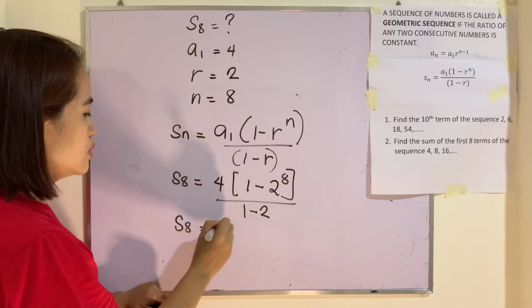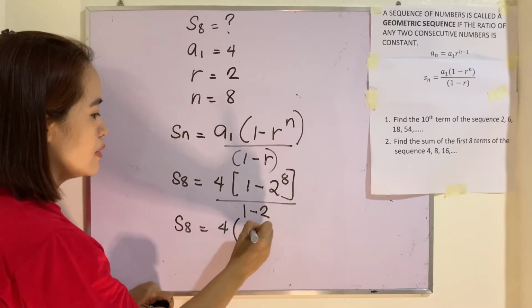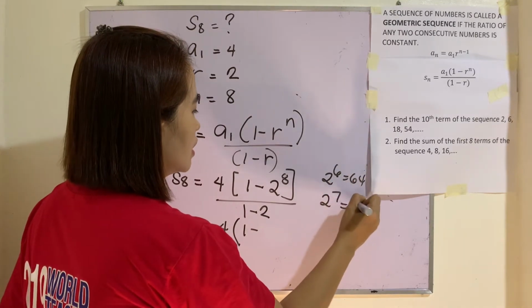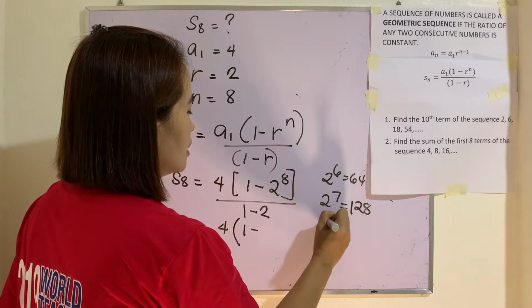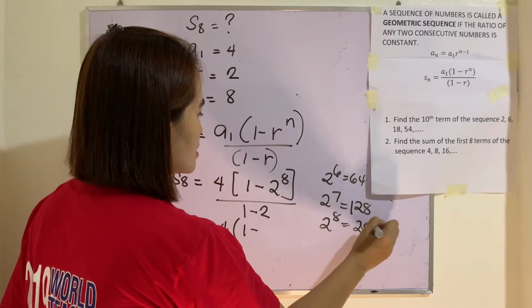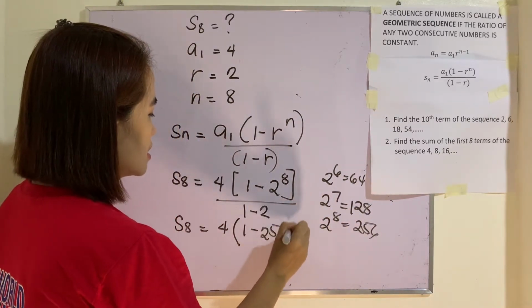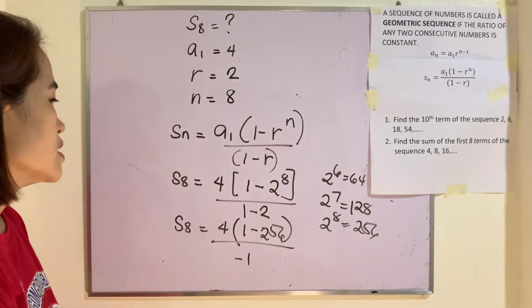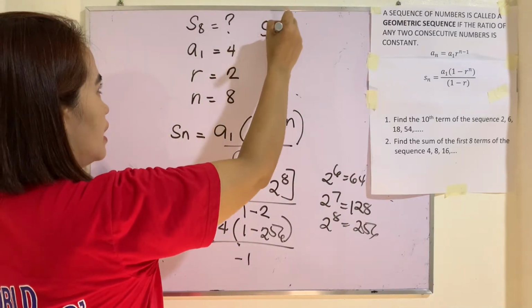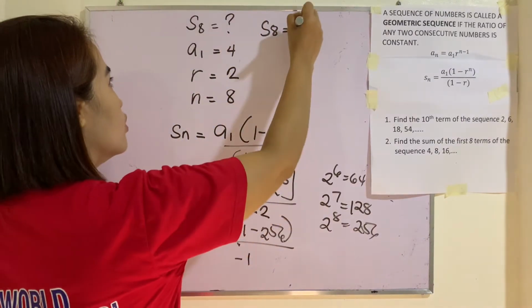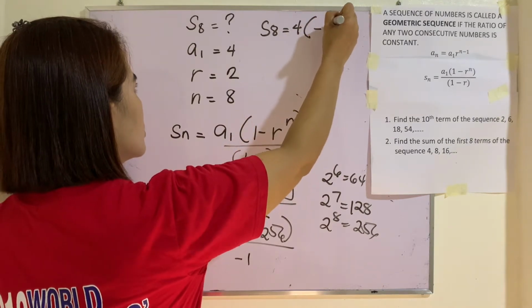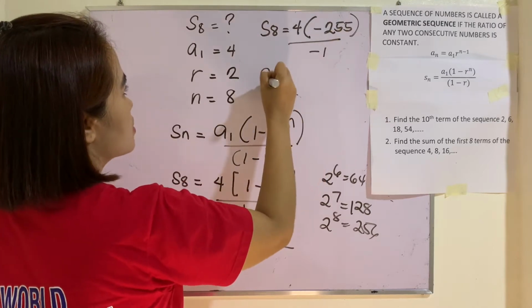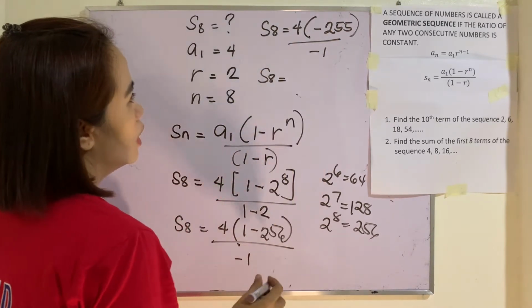So s sub 8 is equal to 4 times 1 minus 2 raised to 6 is equal to 64. 2 raised to 7 is 128. And 2 raised to 8 is 256. 1 minus 256 is negative 255. 1 minus 2 is negative 1. So this is now s sub 8 is equal to 4 times negative 255 divided by negative 1. So s sub 8 is equal to 255